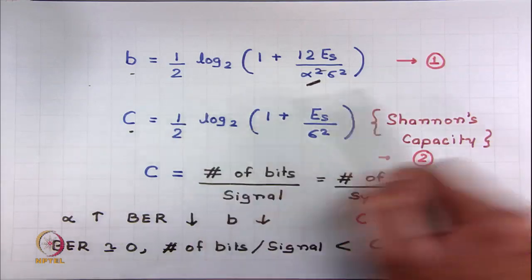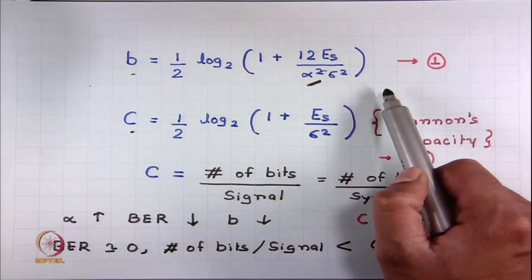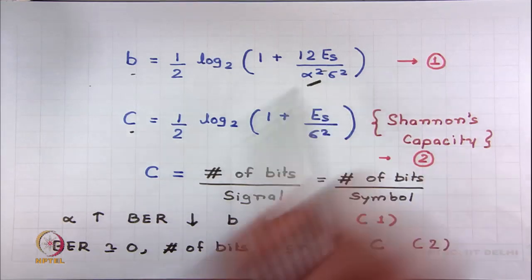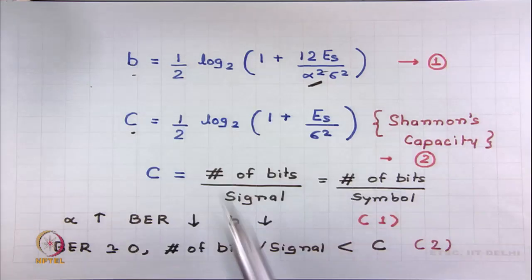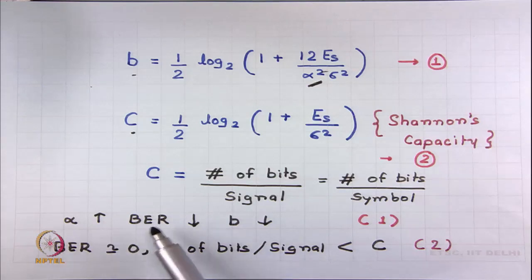So, by increasing the distance between the two symbols, we can decrease the effect of noise, and thus when I increase alpha, I reduce my bit error rate, but then I also reduce my B. This is what this formula is saying. So, if you want to reduce the bit error rate, the number of bits per signal also reduces,